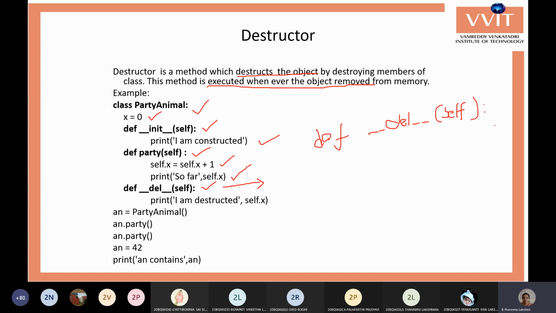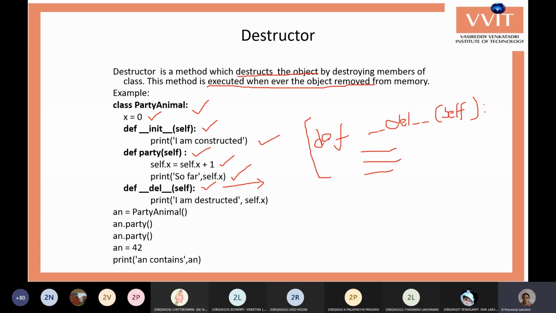For each and every method in the class, we should have one default parameter, self. And here you can write your required lines of code. This is the syntax for destructor: def, 2 underscore symbols, del, 2 underscore symbols, self, colon, and then you can write your lines.